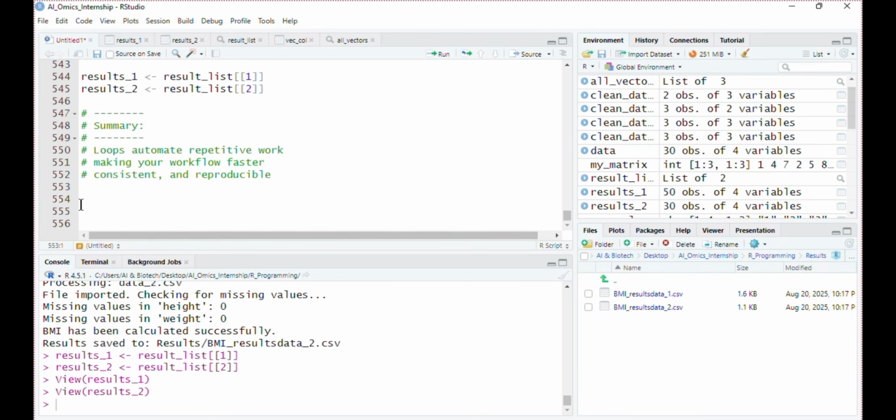In the next session, we will work with real gene expression data sets using the dplyr package. We will perform some data manipulation on it. Also, we will learn how you can download different data sets in R using public data repositories like ArrayExpress and NCBI. That's all for today.